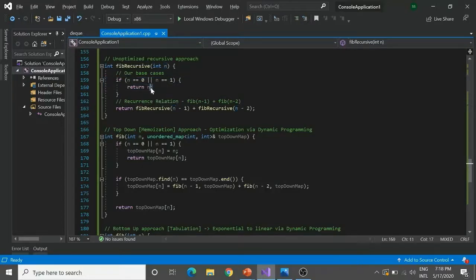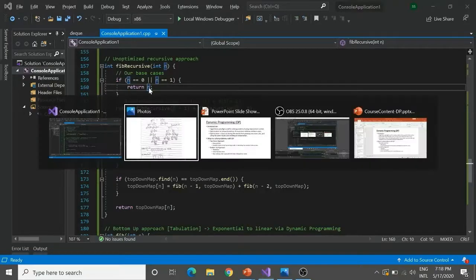So what would I be returning over here? I will be returning n. So if I reach my base case of Fibonacci 1, I will be returning n, and what would be the value of n at that point? It would be 1. So I return 1 from this Fibonacci 1. And what would I be returning from this Fibonacci 0? I would be returning 0. So I will be adding them up to get the answer to Fibonacci 2. I will be returning 1 plus 0, that's 1. So the answer to Fibonacci 2 is 1.